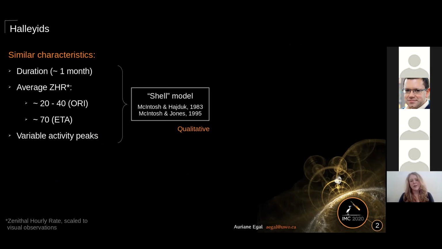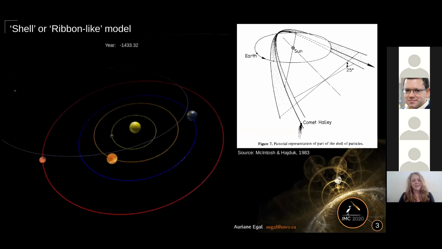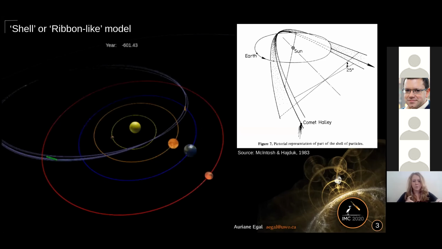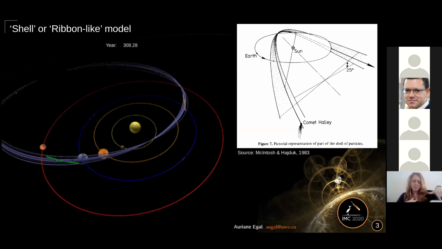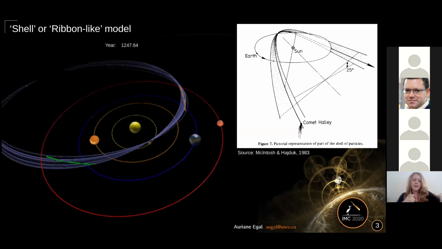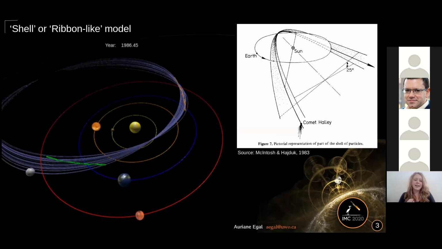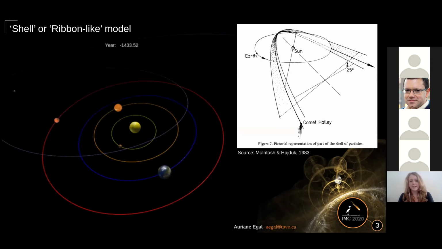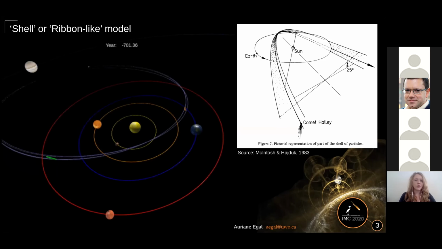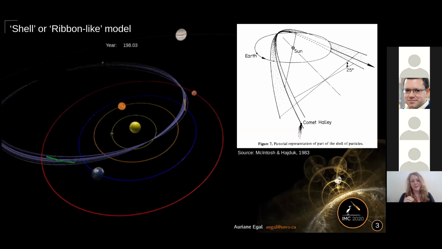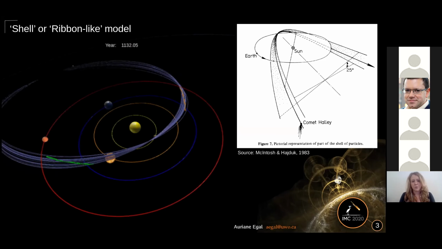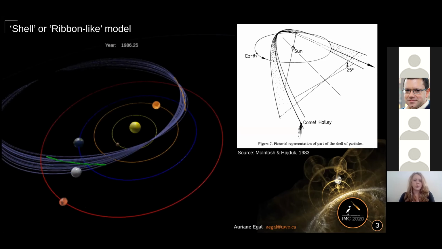To understand the shell model, it's actually quite helpful to visualize the past motion of the comet. In this animation, you see how Halley's orbit, represented in purple, changes with time. And because of the comet's precession, you see that the nodes' locations, here in green and orange, also change rapidly. The idea behind the shell model is that meteoroids ejected by the comet will precess at different rates, some staying on orbits where the comet was a long time ago, and others following the comet's evolution or even reaching Halley's future positions. So these meteoroids will form ribbon-like structures that will produce similar meteor showers